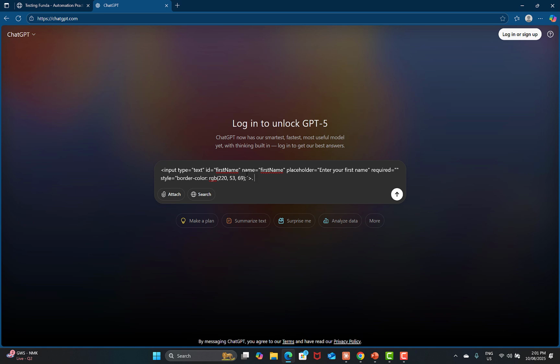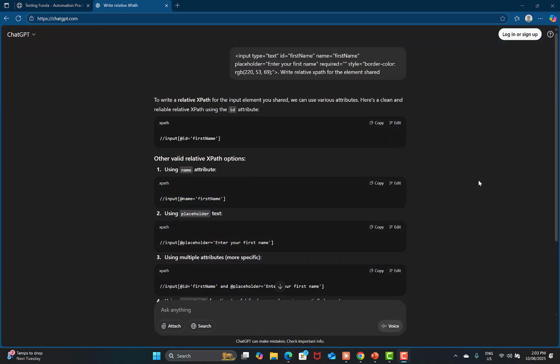So usually the preference is the relative XPath. So I will ask ChatGPT to generate the XPath with respect to relativeness. Okay, so I'll say write relative XPath for the element shared. Here no XPath has been generated yet, and ChatGPT is searching for multiple XPaths over here,